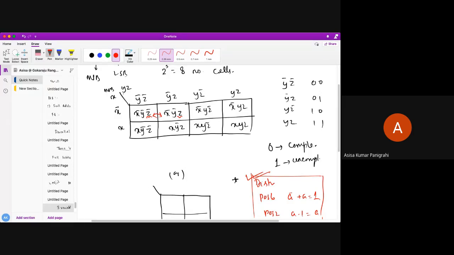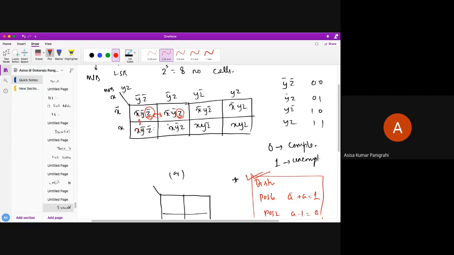So you see here, between these two minterm positions, what is the minimum change? Only one change over there. So z, and here is z bar. Similarly, you can see between these two also there is one change. What are those? X bar and x. So these two are adjacent to each other.